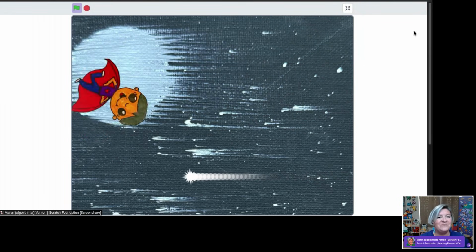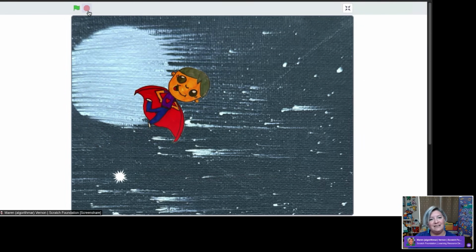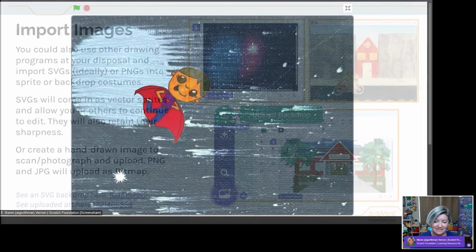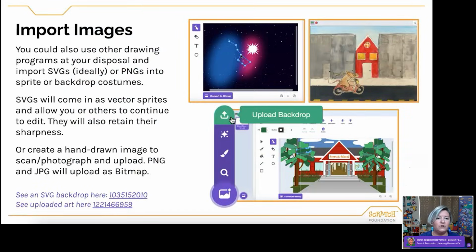So just some ways that I can utilize some really unique elements in Scratch in order to create something very personal. And also maybe working in that medium, drawing by hand, is easier than drawing digitally with a mouse or tools, and so it's a way that they can still participate in Scratch and bring their drawings to life in a different way, but maybe start off in a medium that's more comfortable for them.